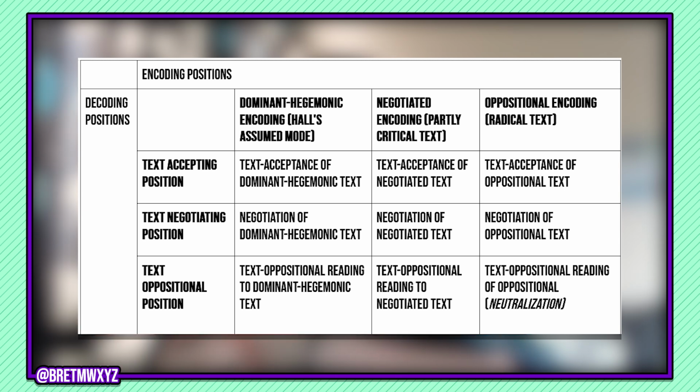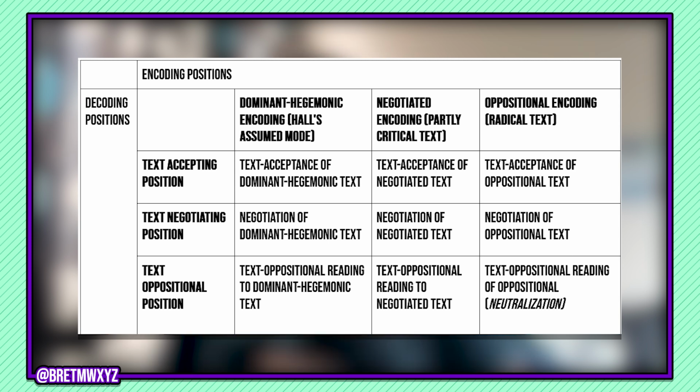Taking the bottom right corner approach, we have the oppositional reading of an oppositionally encoded text. This is called neutralization. This means decoding a radical text with a dominant ideology, such as, for example, socialism will never work, so it's not worth thinking about the way things work, because the way things work. Or just outright rejecting all radical ideologies in the text. So, take Parasite, not liking Parasite because poor people are never that desperate. They just need to work harder. Or something along those lines. So that's kind of all that reading positions is.